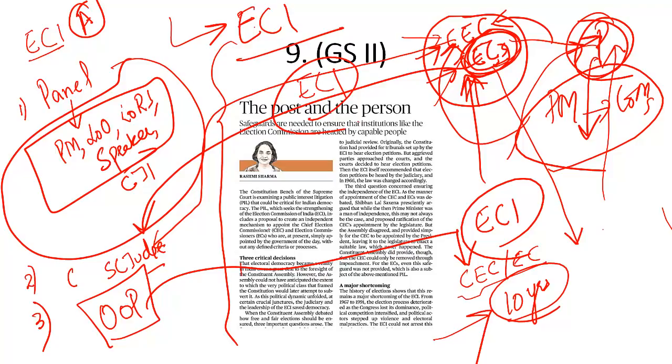It was the Chief Election Commissioner, Mr. T.N. Seshan, who rigorously implemented rules, who rigorously implemented the model code of conduct. And through this model code of conduct, India became one of those democracies where, despite the fact that election commissioners are appointed by the government, nevertheless they work in an impartial manner.